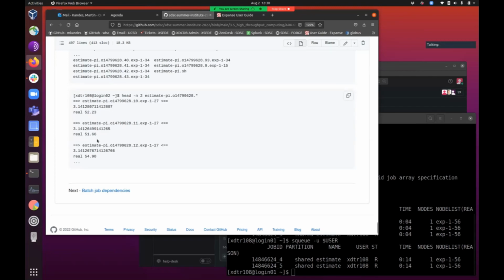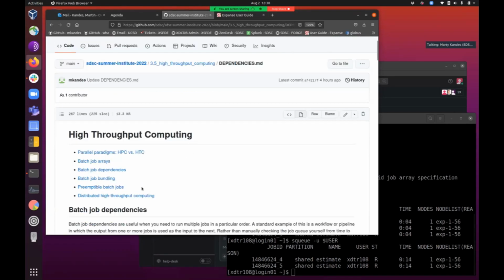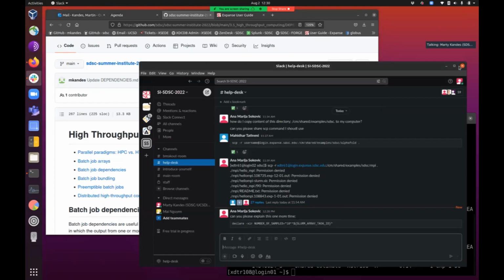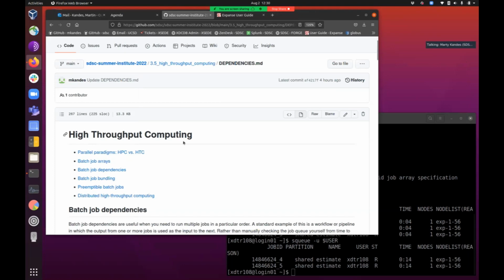The next topic, I think, is most important, that I will try to go through some of the examples. We only have 15 minutes left, and I will try to touch on some of the other things discussed, and show you at least a demo of another. But I think job dependencies are very important to understand as well. Right after job arrays, the next thing is sometimes that you want to start